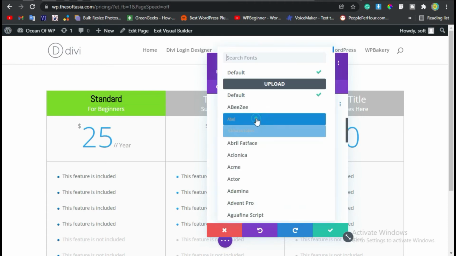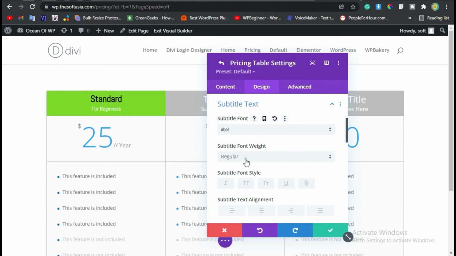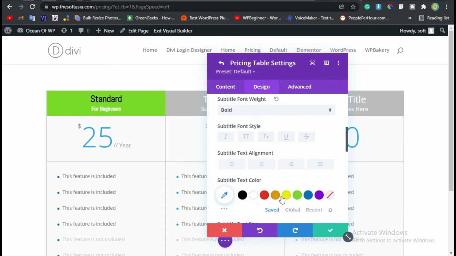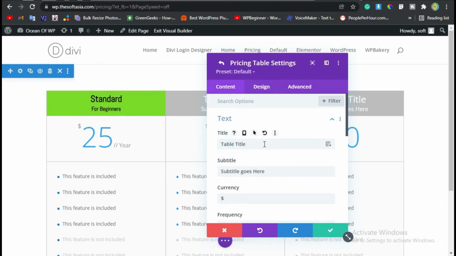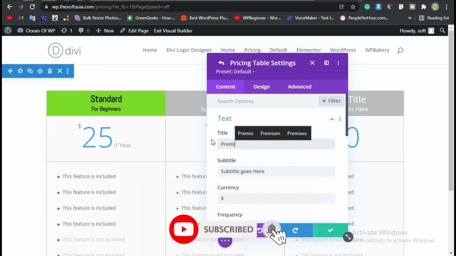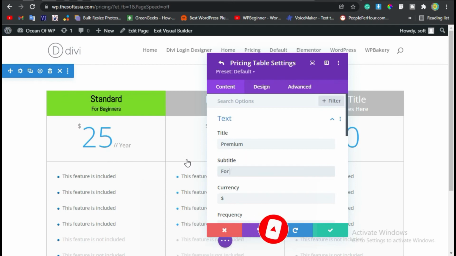Now for the subtitle text, I will change the font size and color. Now click on the tick button and go to this second column table. Go to title and change the title. I will add premium. For intermediates,